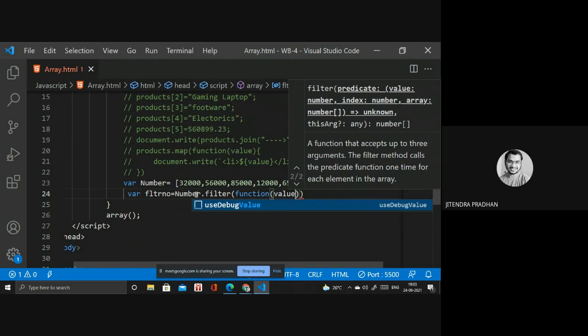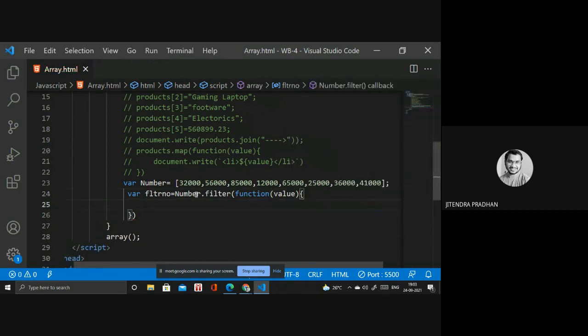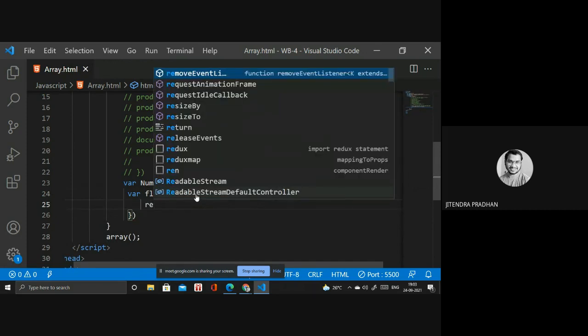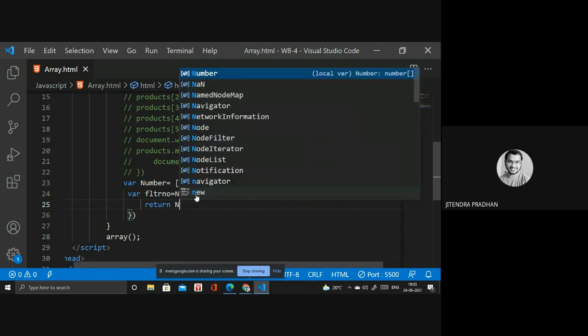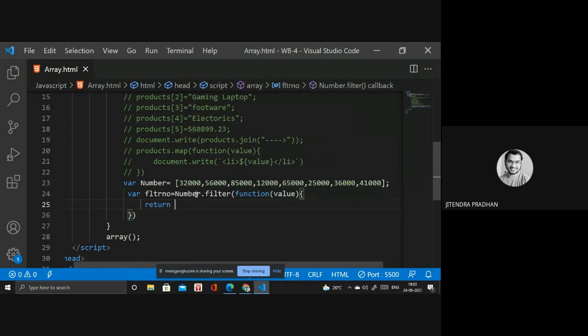Next I need to write the condition inside. Not number, sorry, use value is greater than 40,000, or you can write it as 42,000.